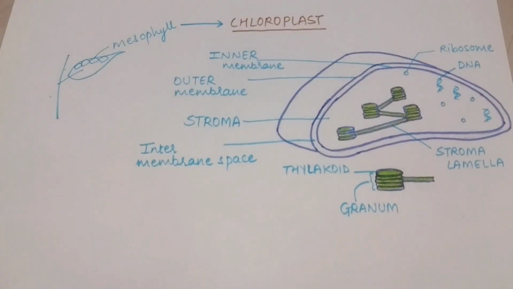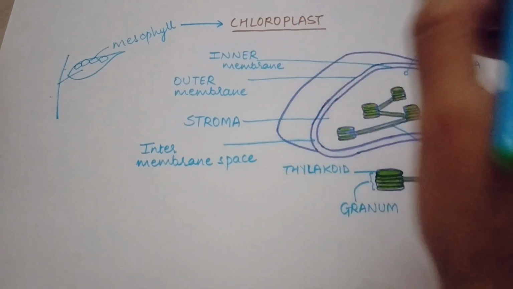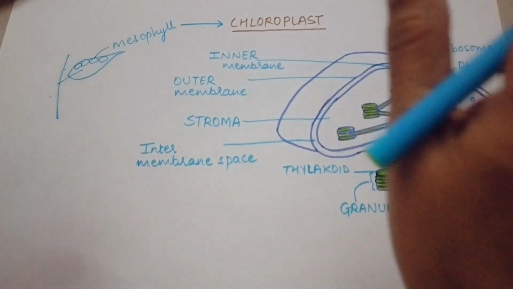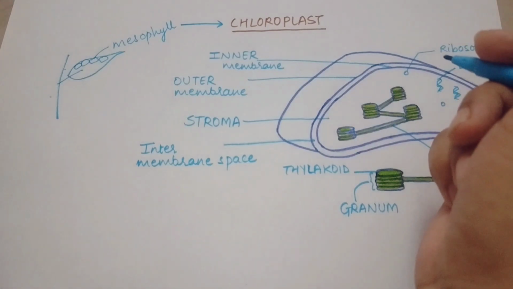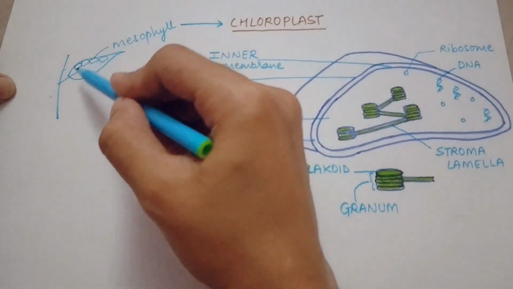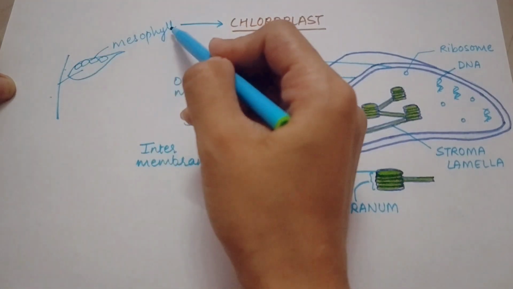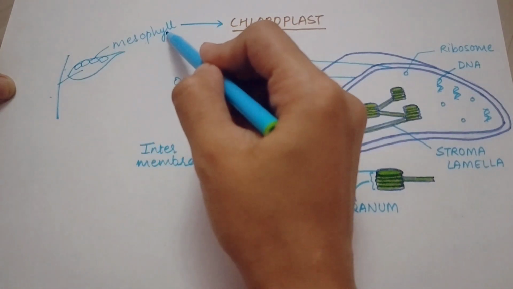Now let's discuss the next part of the video, where we are going to discuss the structure of chloroplast. Now this chloroplast is the place where the pigments are stored. Now since childhood what we have learnt is that the leaf prepares the food, right? We know that the food is prepared in the leaf, but where in the leaf does the pigment chlorophyll reside? So see, if we consider this is a plant, it has its leaf. In the leaf you have certain cells, these are the mesophyll cells. Okay, so there are cells present in the leaf which are called mesophyll cells.